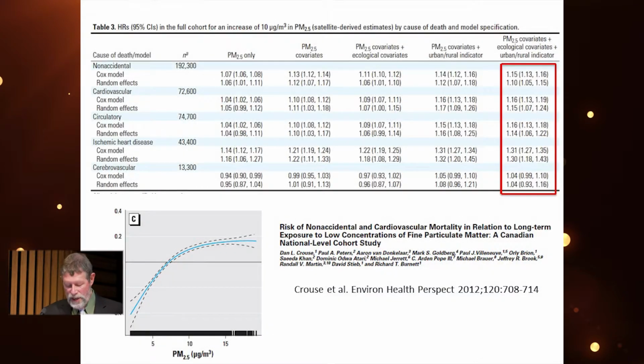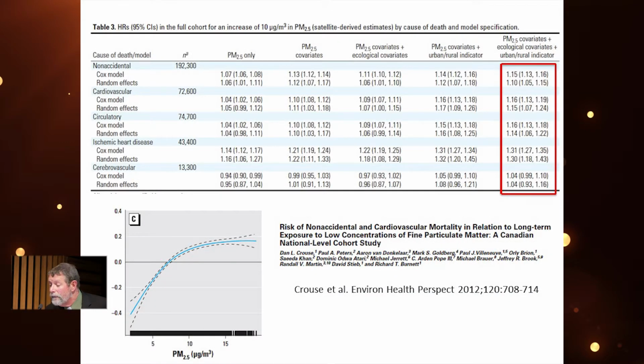So this is a study from Canada. I think Mike Jarrett's on this one. I told you his name would come up a lot. And this study looked at cardiovascular disease, ischemic heart disease, stroke, and you can see on the far right, hopefully, that adjusting for both ecological covariates and whether the person lived in an urban area or rural area of Canada actually strengthened the associations. And here's the exposure response for PM 2.5,